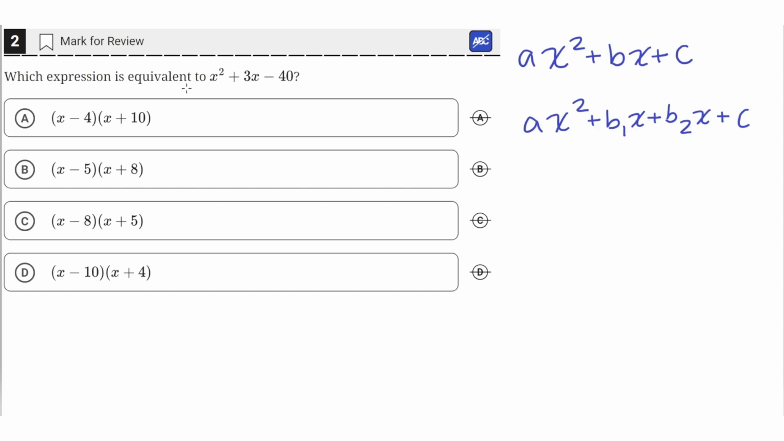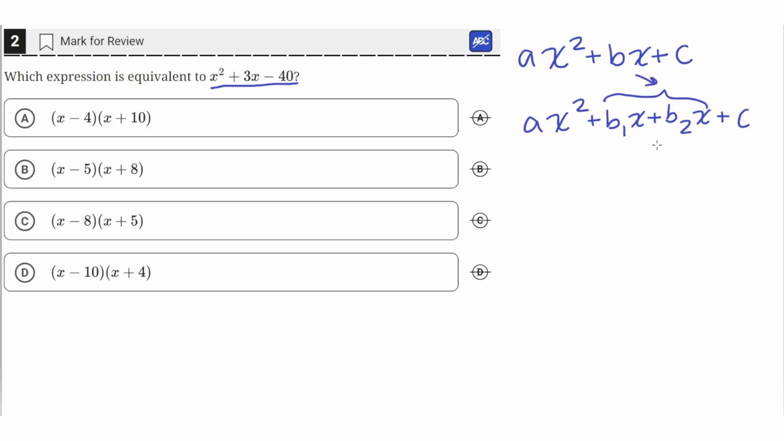Which expression is equivalent to x squared plus 3x minus 40? So by looking at the answer choices, we can see that they want us to factor this quadratic. This quadratic is of the form ax squared plus bx plus c. In order to factor this, we have to split the b term